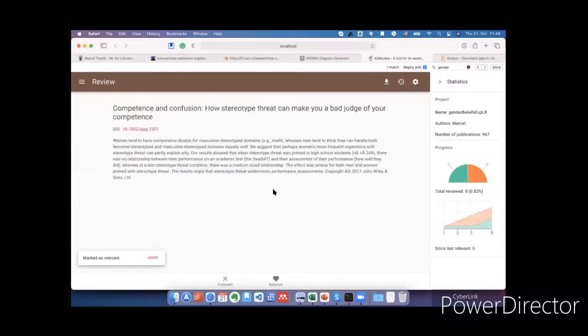It's relevant. Competence and confusion. How stereotype threat can make you a bad judge of your competence. And you see, I'm suddenly starting to get very relevant things, because this is obviously very relevant to what I do. How the women evaluate their own performance, how men evaluate the performance of women, which beliefs they held about